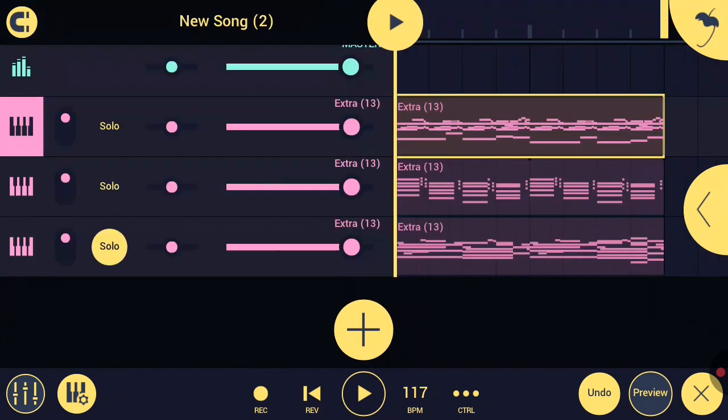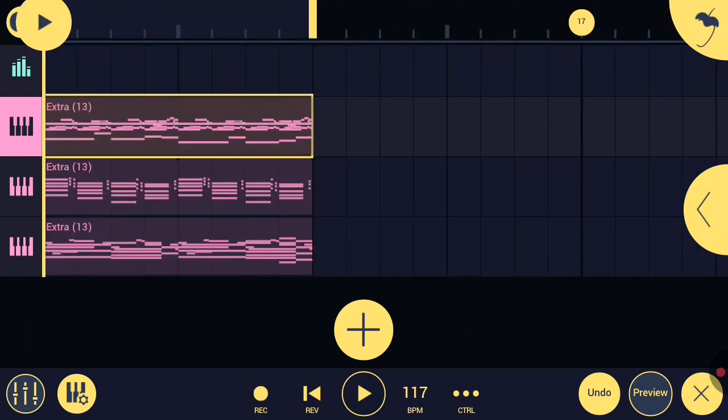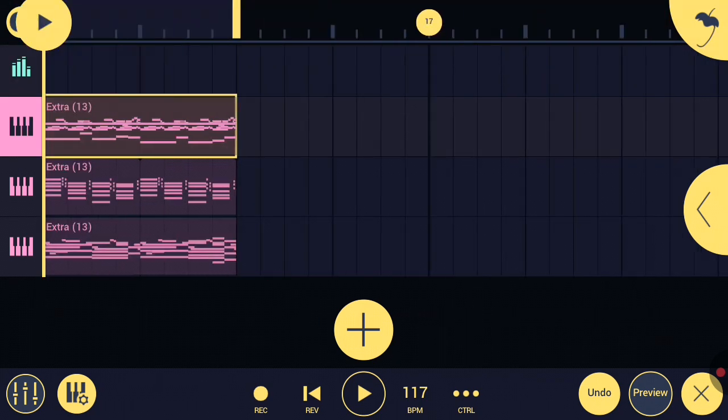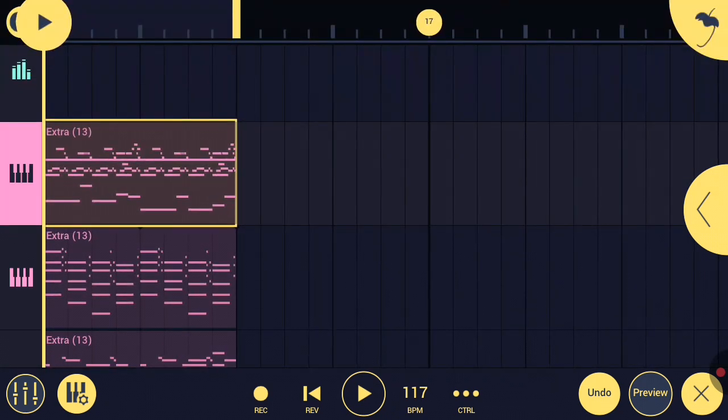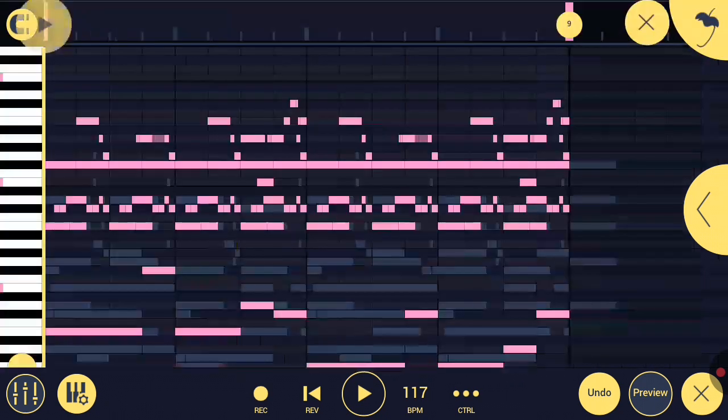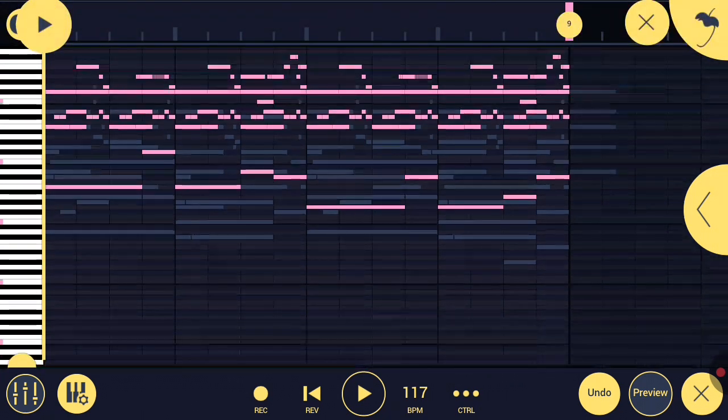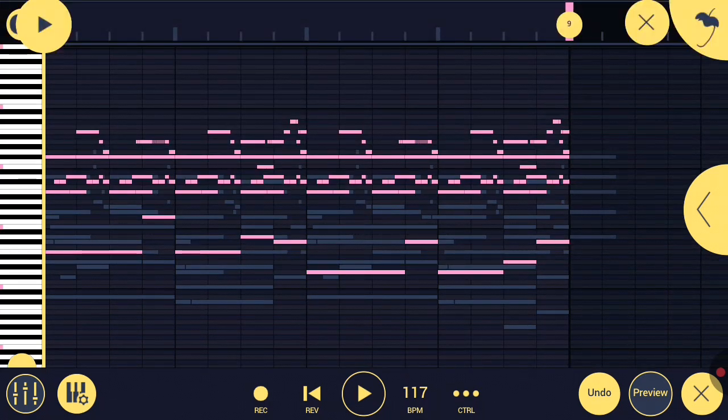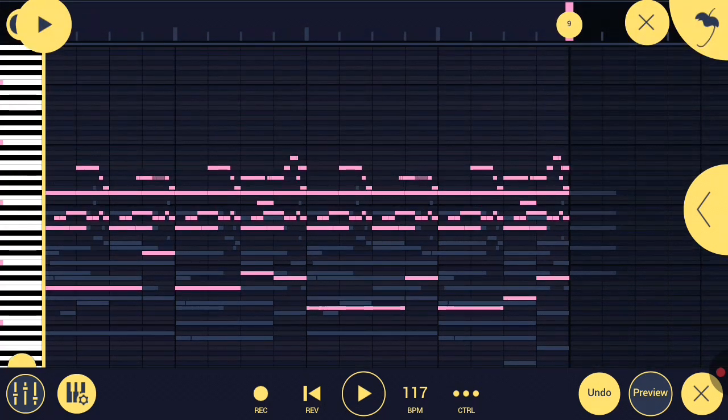Today I'll be showing you how to make guitar melodies like a pro, like you're using FL Studio 20 something, but you are using FL Mobile. So yeah, this is the first guitar loop that I made that I wanna share with you.